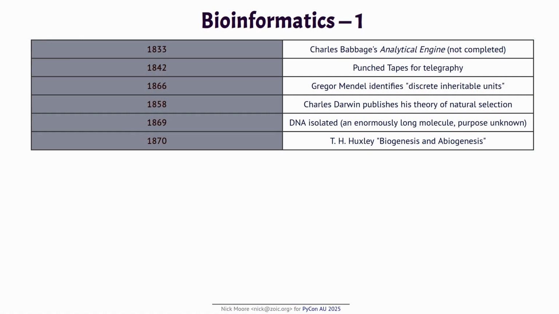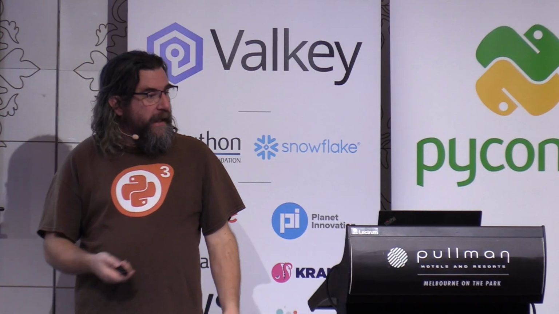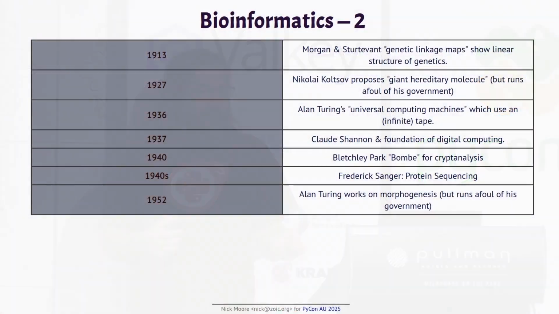And Darwin was working on natural selection and how all of this could actually end up with the diversity of life we see. At the same time, we actually did discover the DNA molecule and discovered there was this enormously long, wiggly molecule, and it wasn't very interesting, and it just looks like boogers, but we had no idea what it was for. I just think it's funny that at the start of this story, we have DNA already lying around and everyone goes, oh, gross. Anyway, at some point or another, though, people worked out that these inheritable units had a relationship,